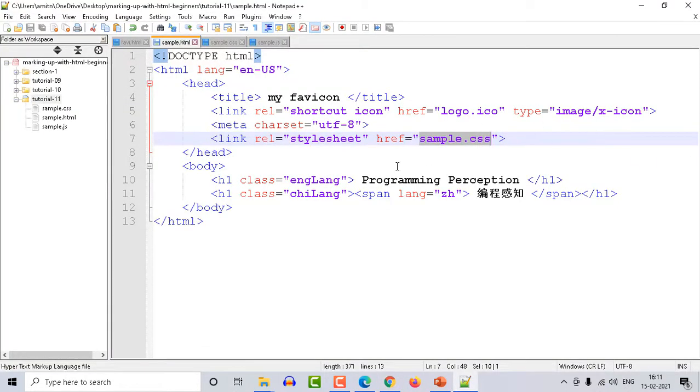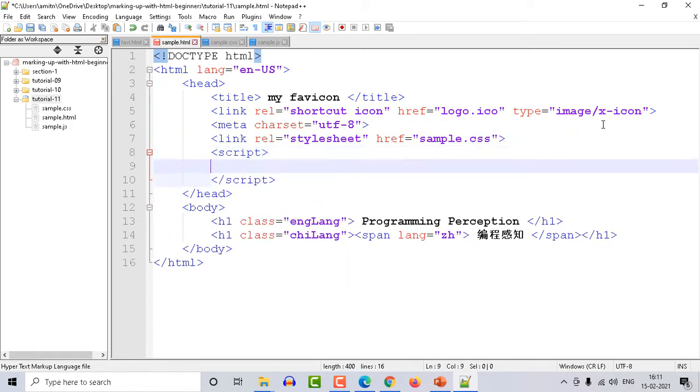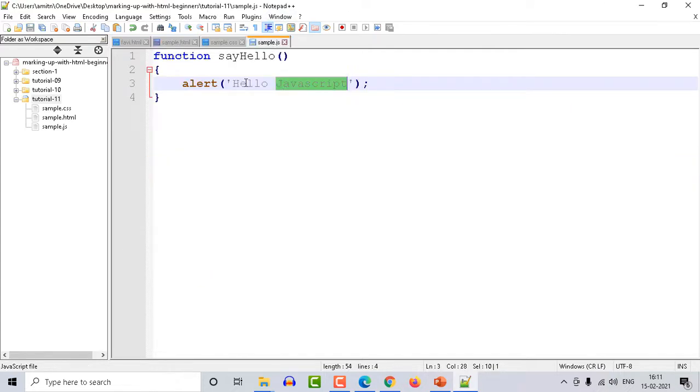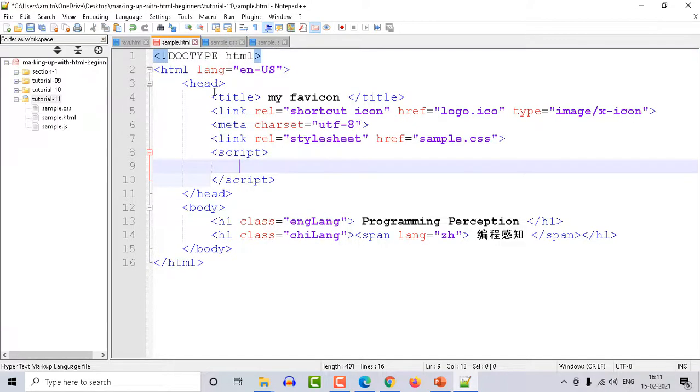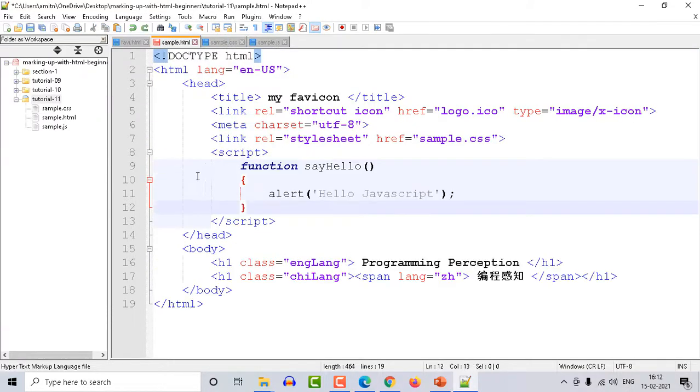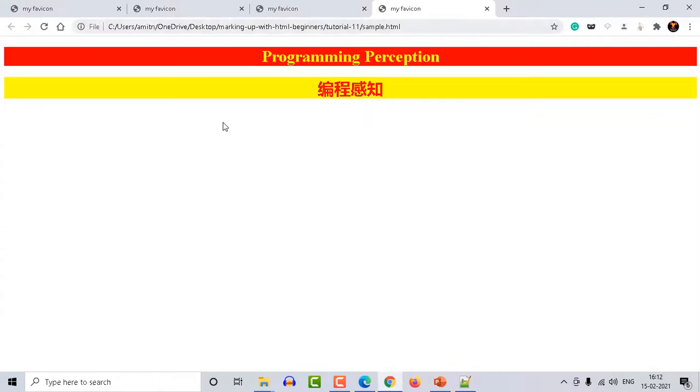Now let me show you what will happen when I use that JavaScript. To apply this JavaScript, again, we can directly apply it by using the script element. Now within this script element, we can provide that JavaScript code. So I'm just copy pasting it. So copy and I will paste it in the HTML and I will provide the indentation and save this file. And let me run this. Now this time it won't show anything new to you.